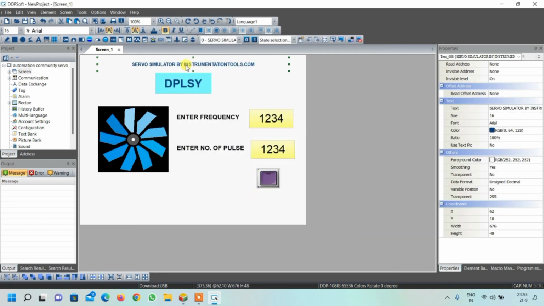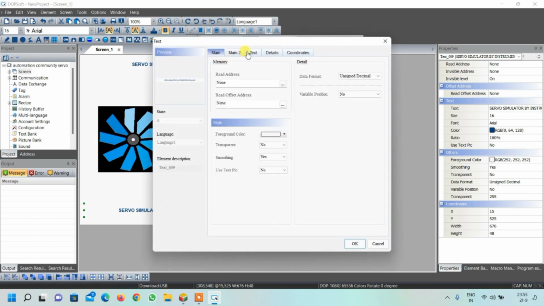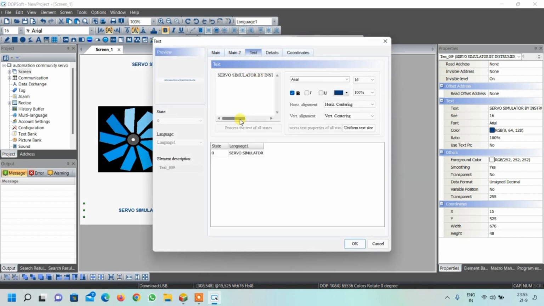Let us copy paste this. So actually this simulator is not showing all the functions. This is just showing the basic function or working of the PLSY instruction. So I will write